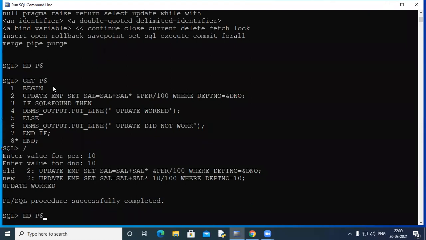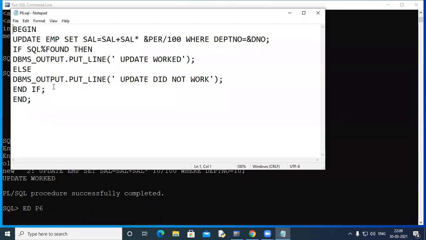Can somebody tell me how to check how many rows were updated? You see, I cannot check here. It simply says update worked. So how many rows were updated? Can I check that? Please raise your hands to answer this question. See, I'm going very slow on this so that this practical part is very clear to you. Sejal wants to answer. Great. Still waiting for some boys to answer.